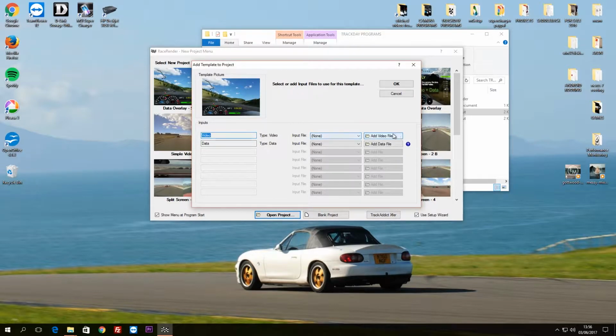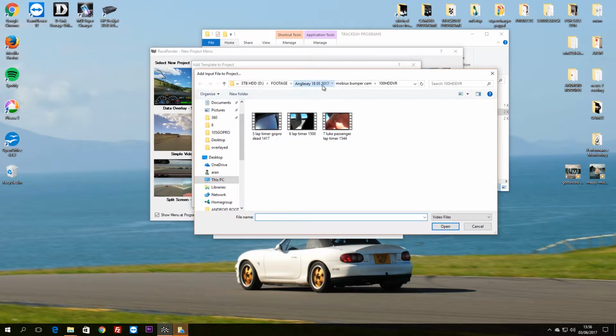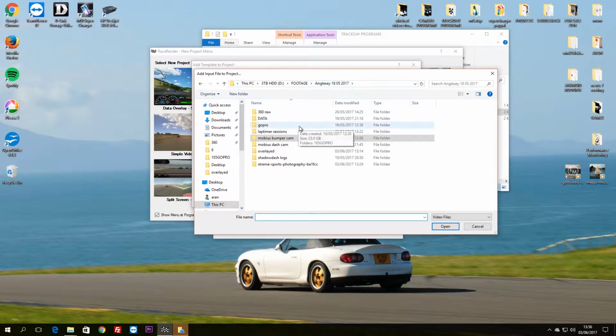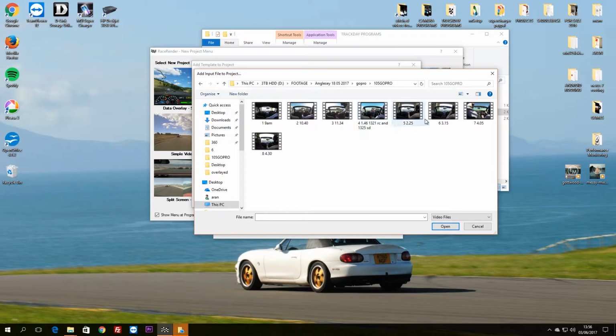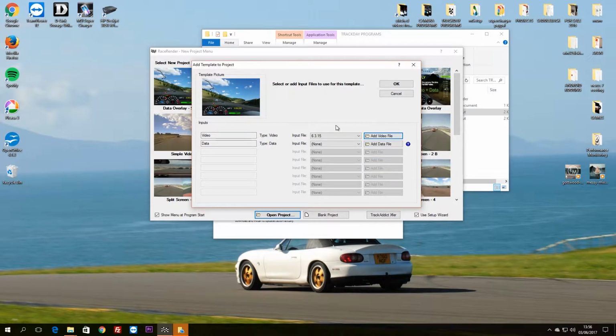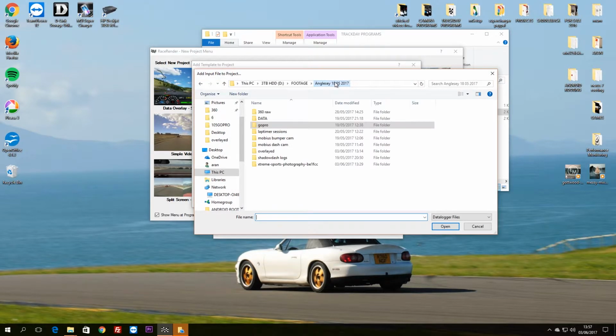So in this particular instance, I'm just going to do a short template. So I'm going to add a video file. I'm going to go into my Anglesey track day that I've just done. I'll go into my GoPro sessions, and you can see I've labeled 1, 2, 3, 4, 5, 6. It's got the time. I'm going to choose number 6. The input file is going to be a data file, and I'm going to add a lap timer,